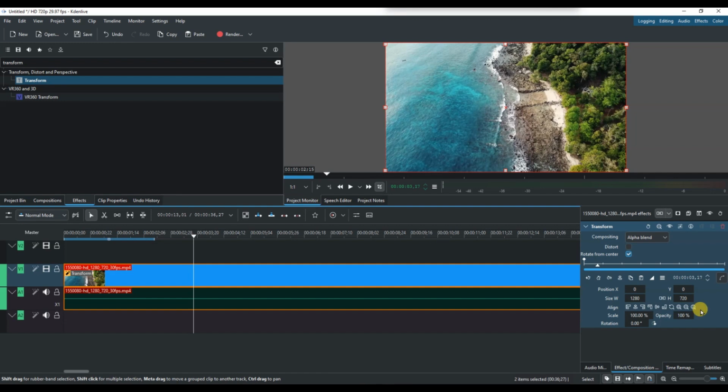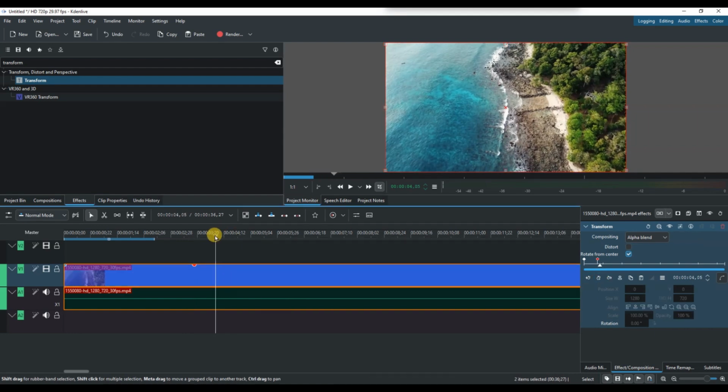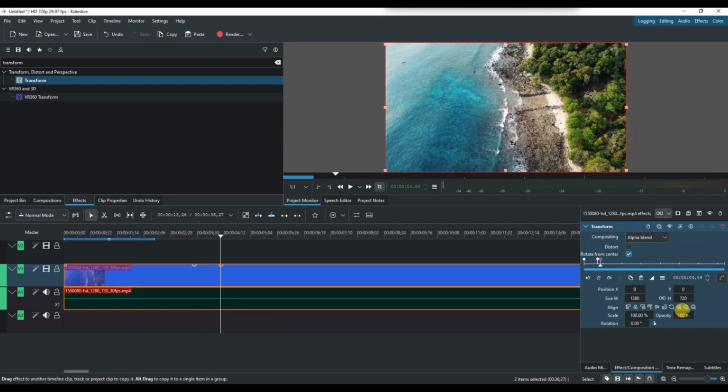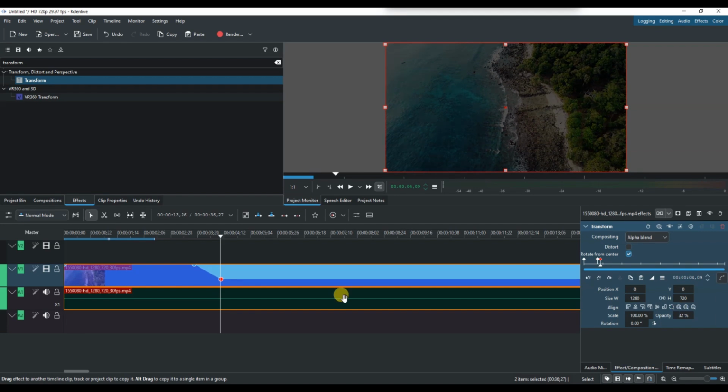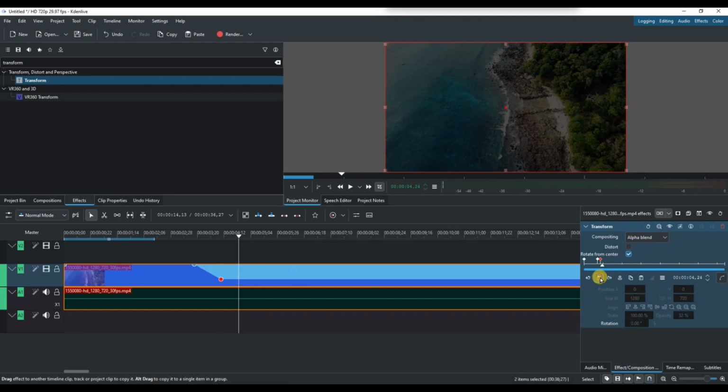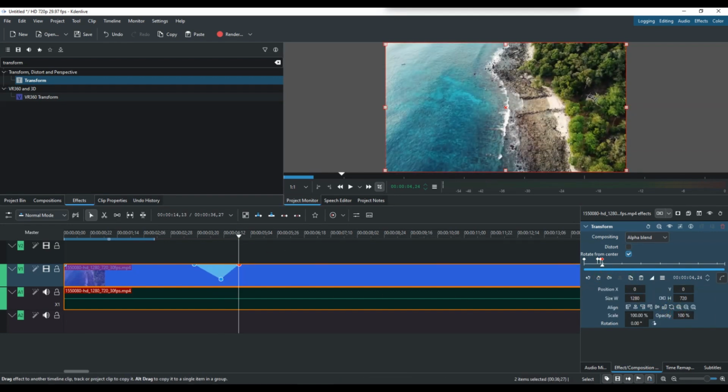Now go to the effects stack and click the stopwatch icon next to the properties you want to animate, such as position, size, scale, align, or rotation. This will enable keyframes. Set your first keyframe at the beginning of the clip. Then move a few seconds forward and set another keyframe with a changed value, such as a different position or